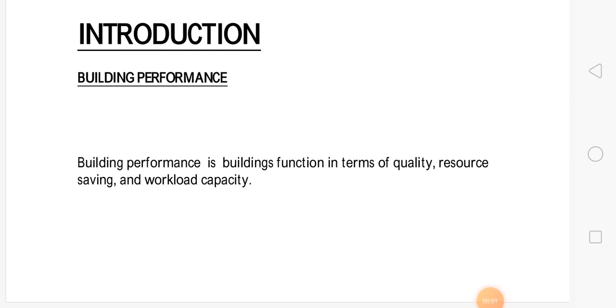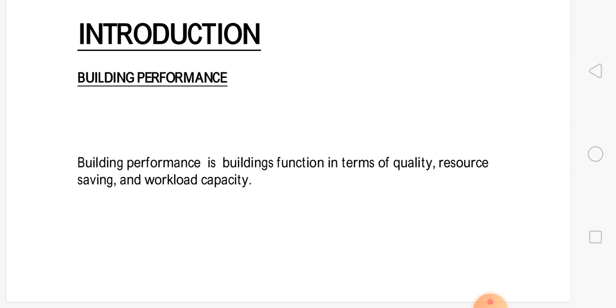Hello all. Today we will discuss building performance. Earlier we discussed the building automation system. So building performance generally is building function in terms of quality, resource saving and workload capacity. So we analyze the performance of building in terms of quality and resource saving, how we are saving the resources